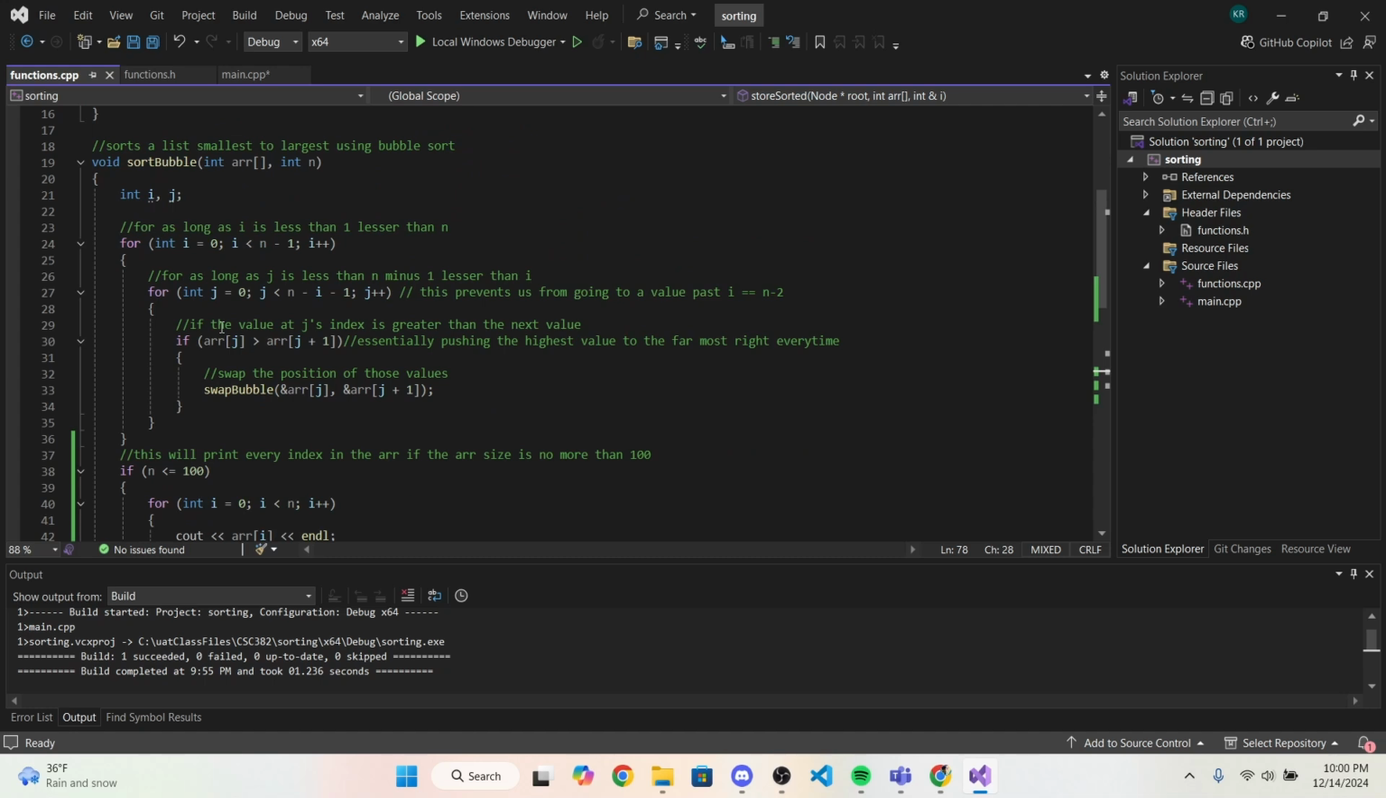So sort bubble requires us to pass the array and the size of the array, which is n. We create two values, int i and int j, because we're going to be doing a loop inside of a loop. For as long as i is 1 less than n, which is the size of the array, we'll run this other loop, which runs as long as j is